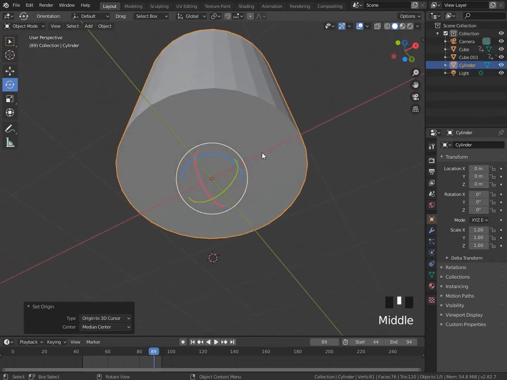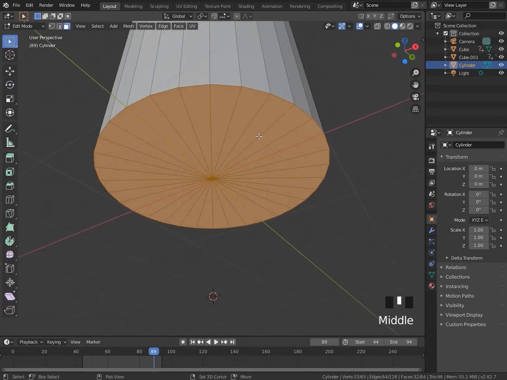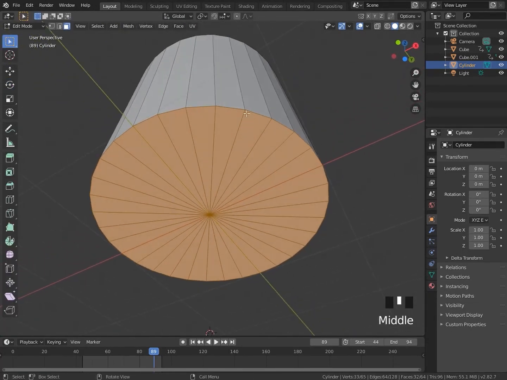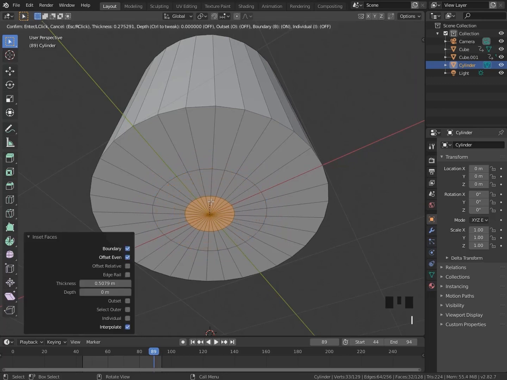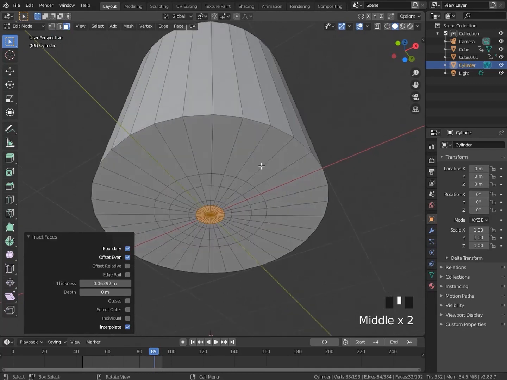So now we can actually model this out. So we'll go into edit mode. I'm going to go over my edge loop right here, and I'm going to hit I to inset, just like that. I'm going to make this pretty far in like this, and then we'll do another one like that to make sure that this area right here is going to stay flat. So this is going to be essentially the area that we animate on,